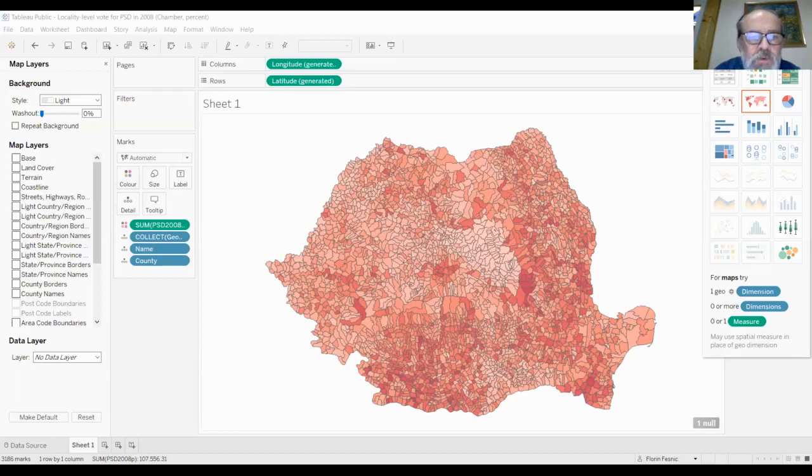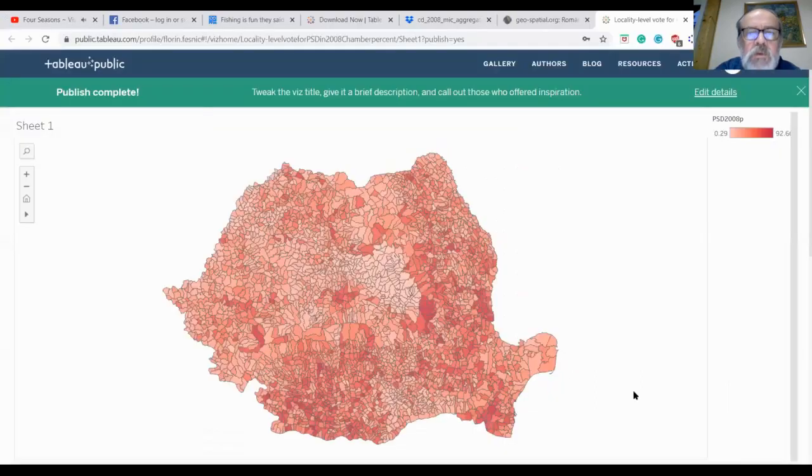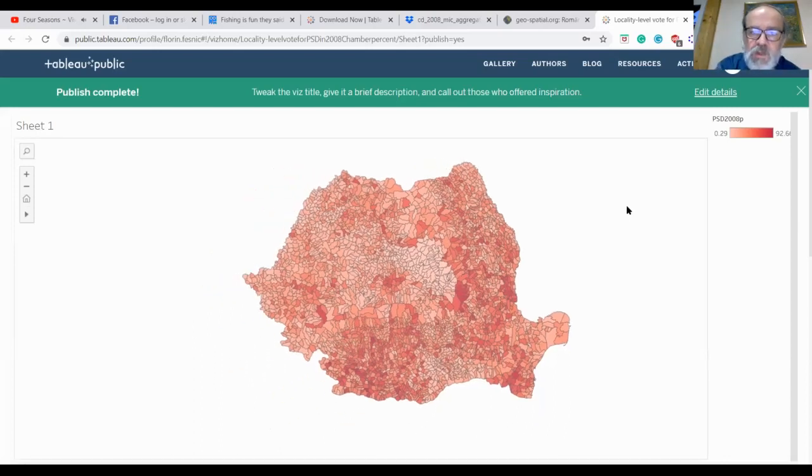Let's go to Chrome. Yes, okay. Share. So I hope now you're seeing what I'm seeing. So it's the same map that we did in Tableau, but it's saved on the Tableau Public server.